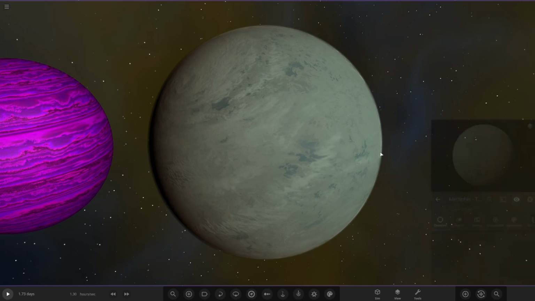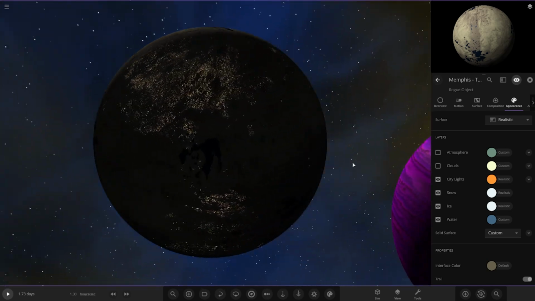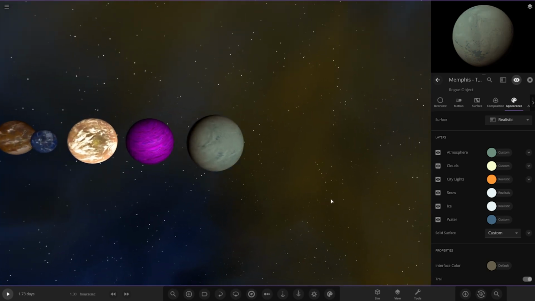Yes, fairly nice. Okay, let's have a little look underneath. There you go. Okay, it's obviously quite sparse with the water. Got some city lights going on it as well. Atmosphere there, and then clouds also very, very thick, covering it up. Looking good. Okay, next up,